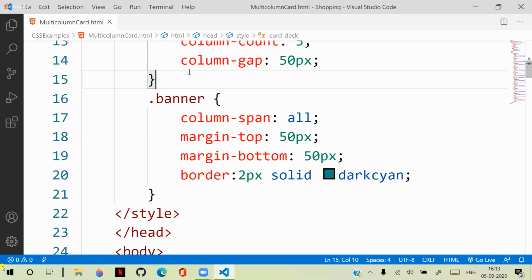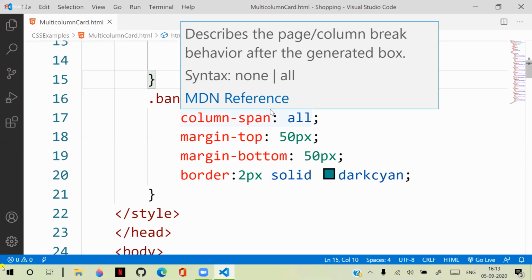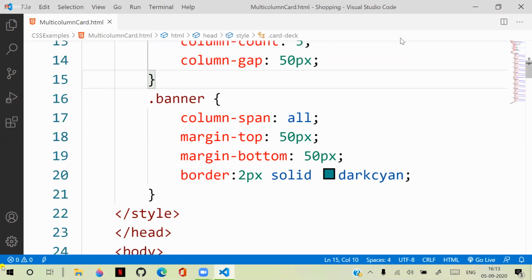So next, after understanding how we work with the responsive designs,